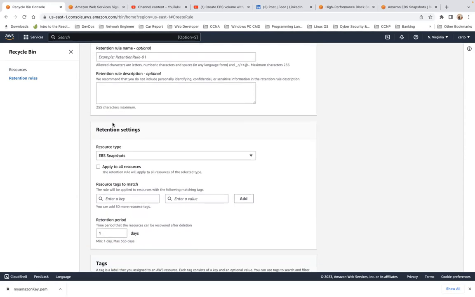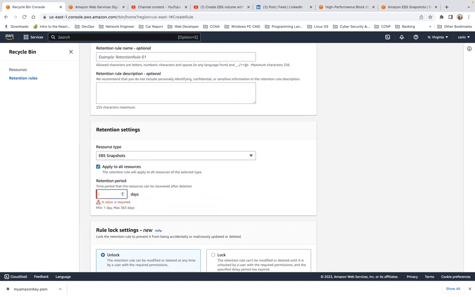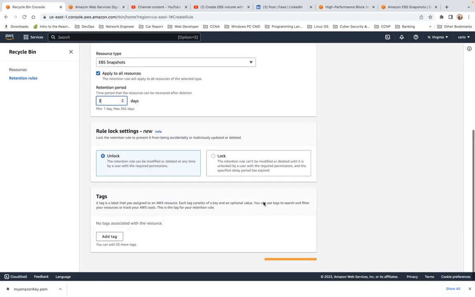So we will click here to apply it to all the EBS snapshots. And if you want them to be retained for 1 day after deletion, or 2 days, or let's put it 3 days to be standardized, which will allow us to recover them. So if I click on create retention rule,